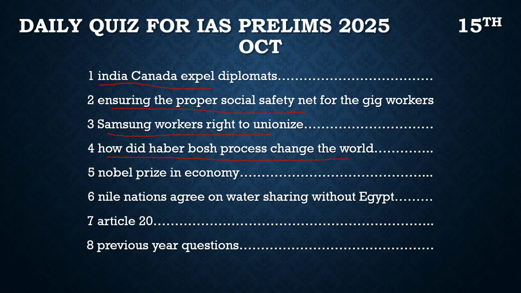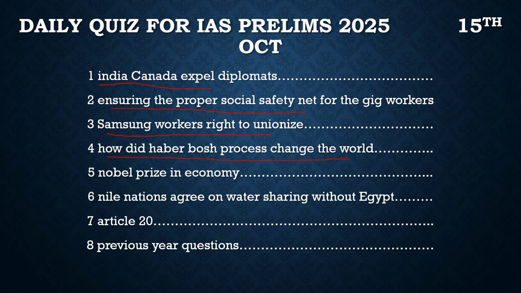But then Bosch came, he used the iron oxides, through which it became much cheaper, and the result was much more in quantity. So in a nutshell we can say the Haber-Bosch process gives us the ammonia which is required for the soil, it gives us the fertilizers. So this is in a nutshell about it. With respect to this, we will solve a prelims based question and get more idea about it.